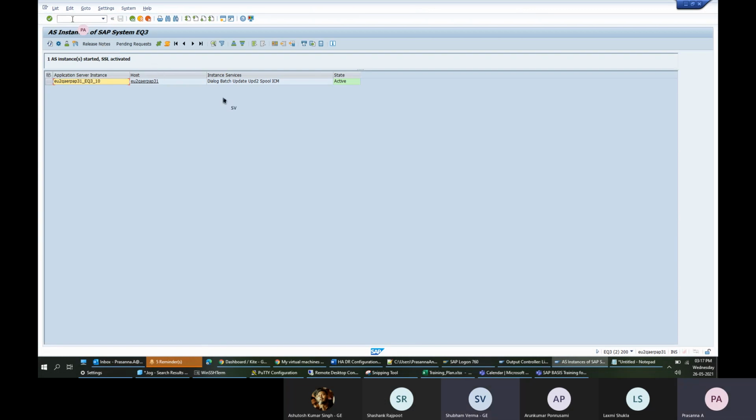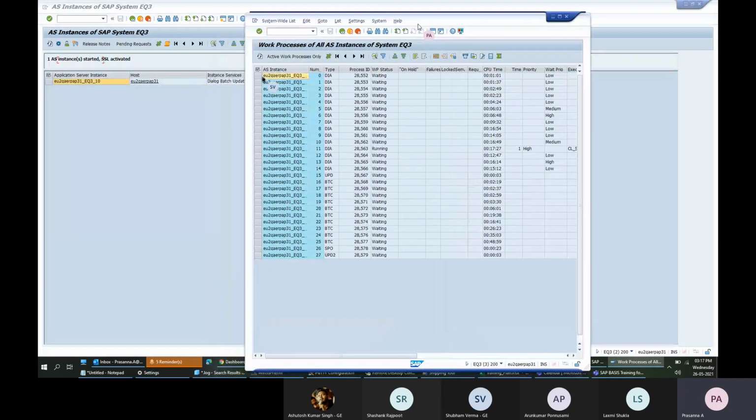Similarly, if you want to open a new session, a new window for the same system, an additional window, because you want two windows to cross-check, then you type /o and SM and any T code. It will open the T code in a new window. The existing window will also remain here. Remember /n and /o.